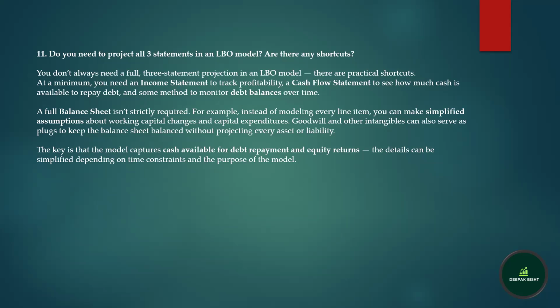And when is a full three statement model needed? We only need a three statement model when we are doing detailed due diligence, want to analyze covenant compliance closely, if there are complex working capital swings in the model, or if we are evaluating liquidity risk or cash traps, or if we need to understand the deal's accounting impact, like PPA or deferred taxes. This is typically done by the buy side or in the full CIM model, not in the first